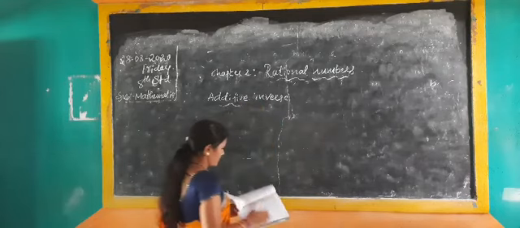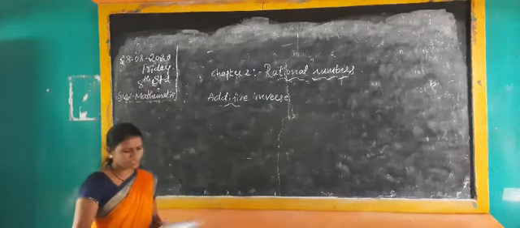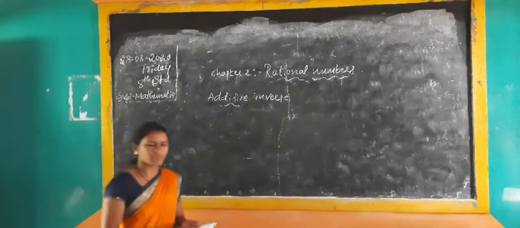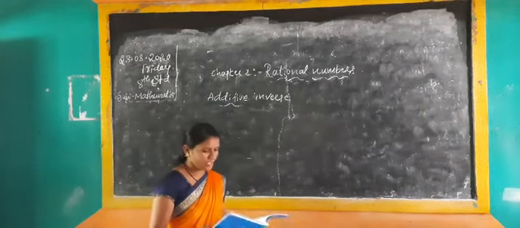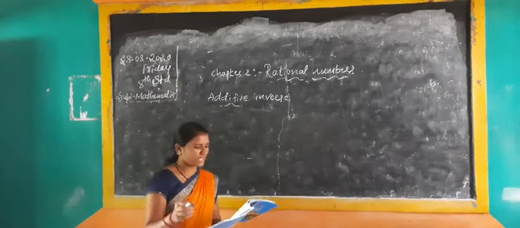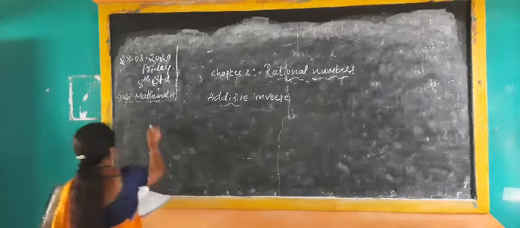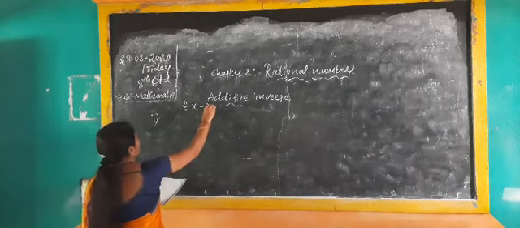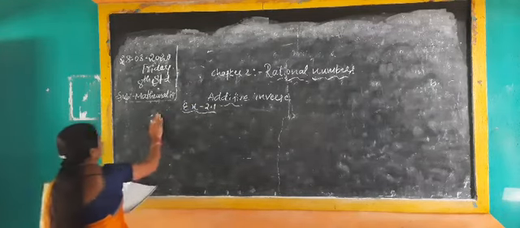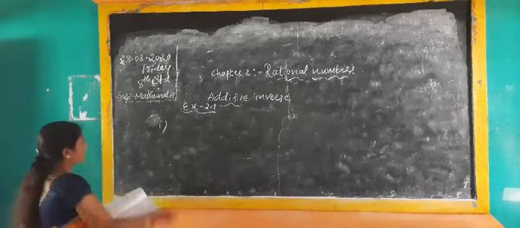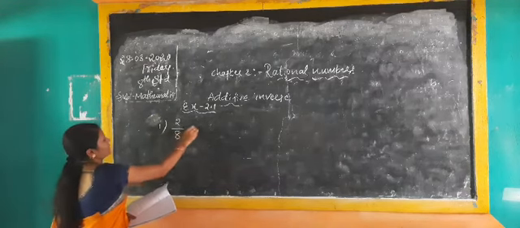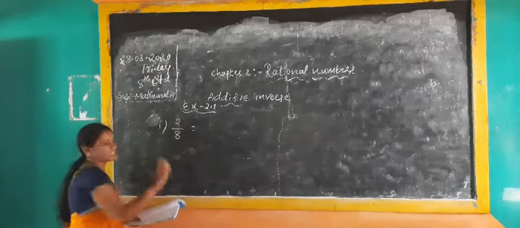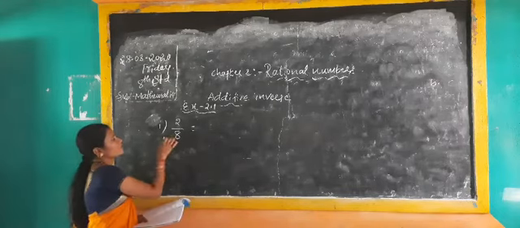You already know, yesterday I gave that the additive identity is 0 and the multiplicative identity is 1. Here you just have to see what additive inverse means. In exercise 2.1, the first problem is 2 by 8. For the additive inverse, there is no need to change whatever is given; just change the sign.